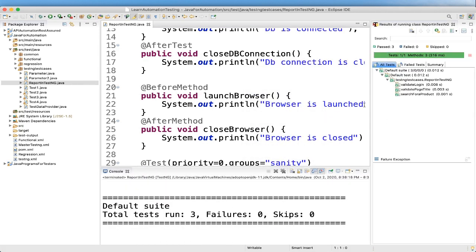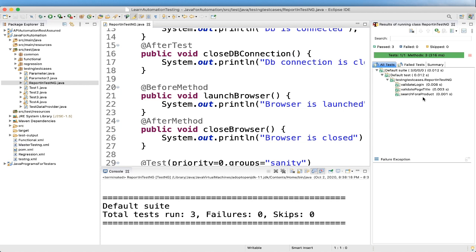Okay, so here you can see one report and here is your console report. Console reports in TestNG are short and simple. We just denote the overall summary of the test. So here you can see total tests executed 3, failures 0, skips 0. Along with this console tab, there is a report tab present in Eclipse in this place. It generates a more in-depth view than what we see in the console.